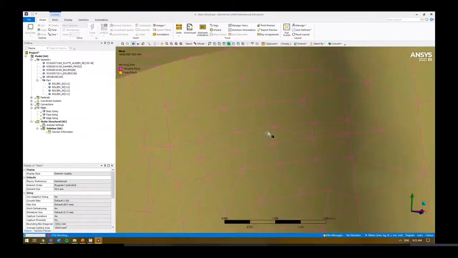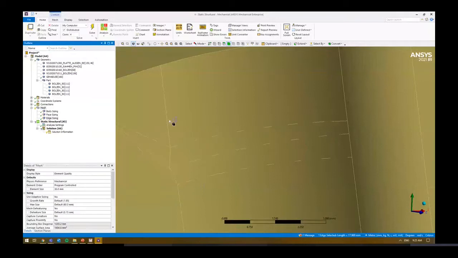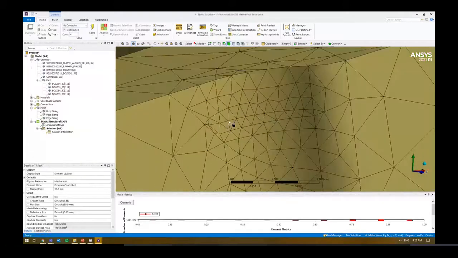So 1, 2, 3, 4. We've already got around 5 actually, so I'll just stop it. We'll go in and put 10. We'll set this behavior to hard, so it'll try to enforce that actual condition instead of it being a soft constraint. Right. And then the other thing you'll notice as well is, now it's gone in and